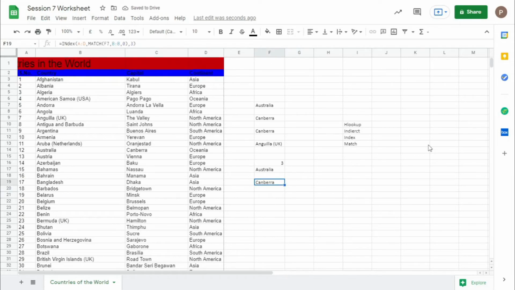See, what we did here is the first column is the serial number. Still we got Canberra, but with VLOOKUP we can't get that. So we can use index and match as a perfect substitute for VLOOKUP, and also in good cases. The only thing is it increases the formula you have to type.